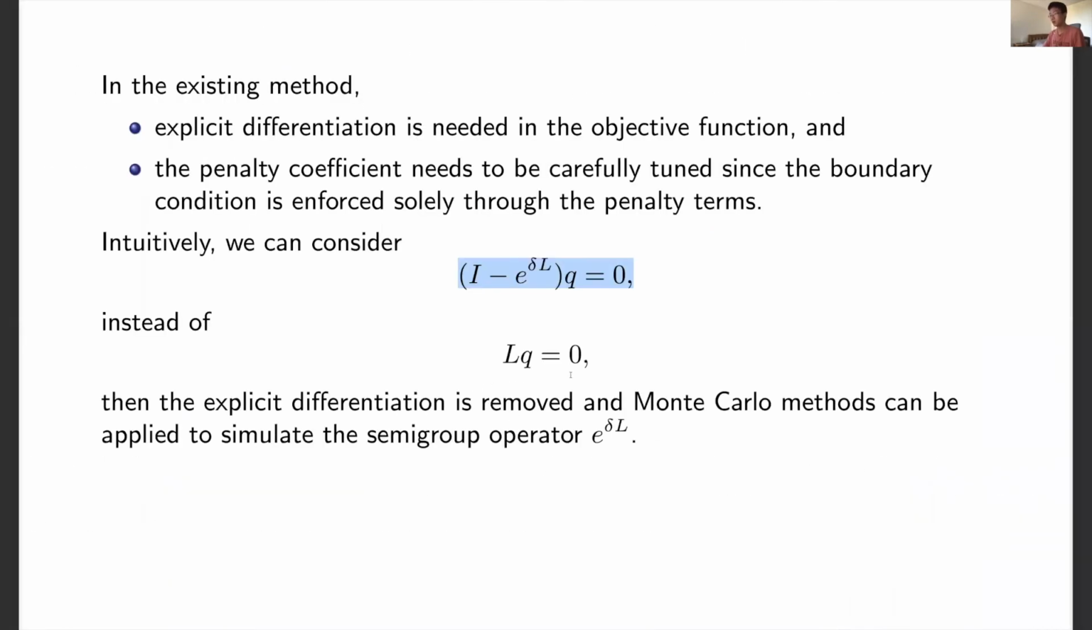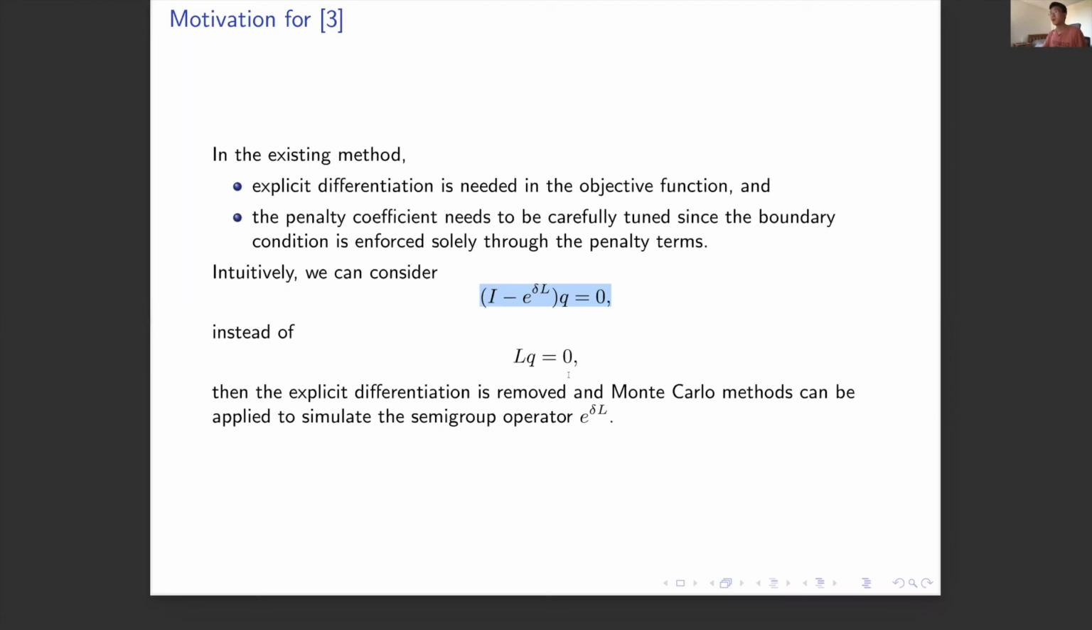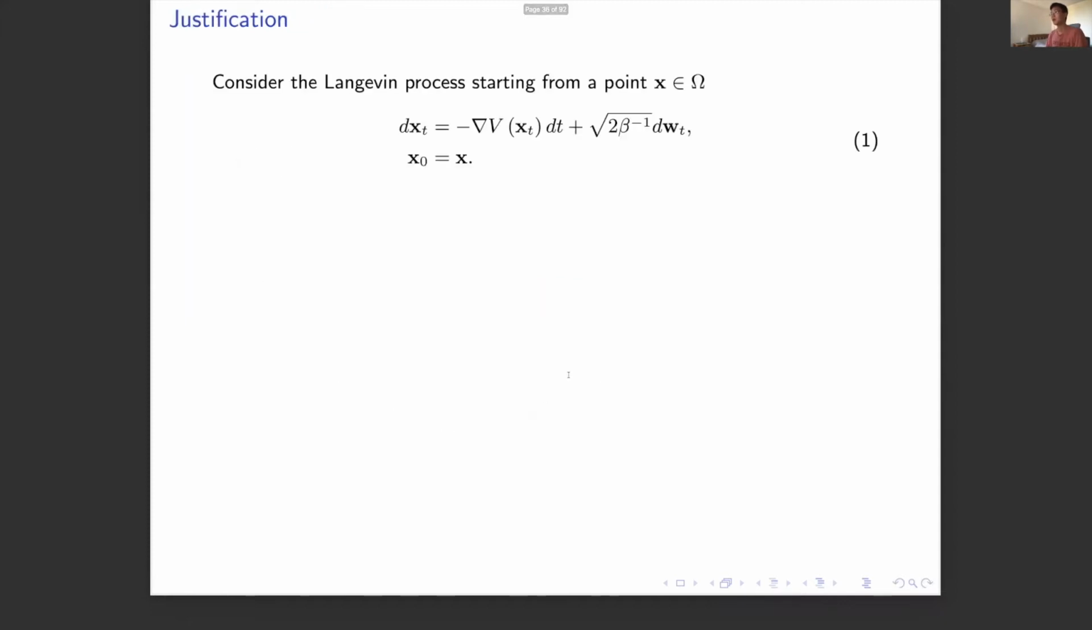Instead of Lq equals 0. In that way, the explicit differentiation is removed, and we can use Monte Carlo methods to simulate this operator. We'll see later that the boundary conditions can be integrated into the semigroup operators as well. So